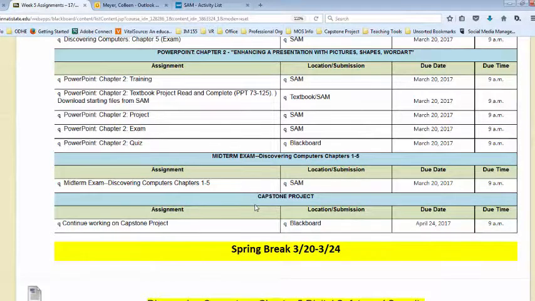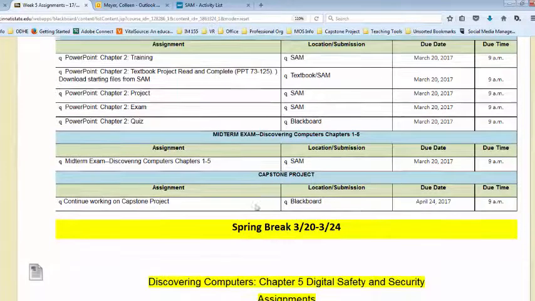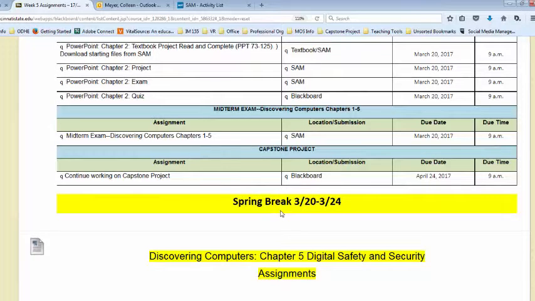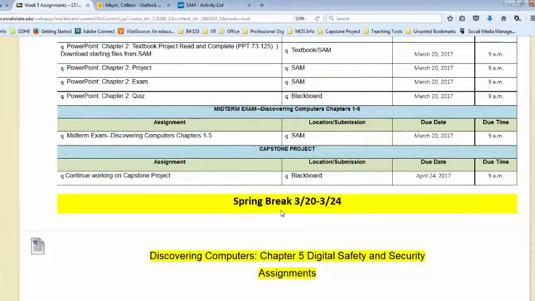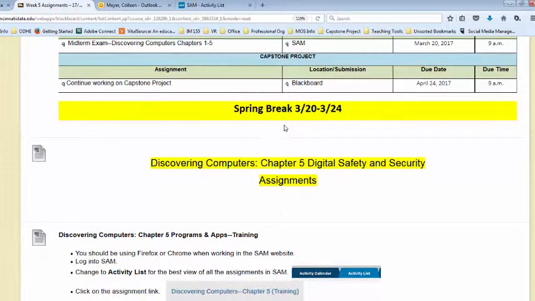Don't wait till the last week that it's due. You will not have enough time to do a good job. Then we do have a spring break coming up, so keep that in mind. You might want to take a break or move ahead. It's up to you. That would probably be a good time to, if you haven't started on the capstone project,